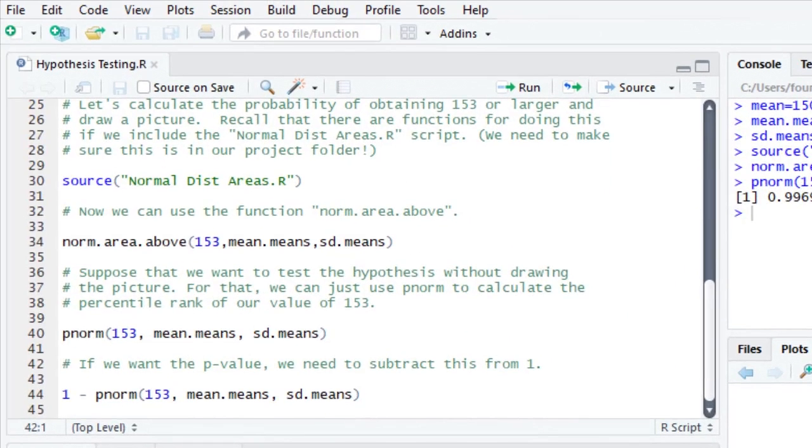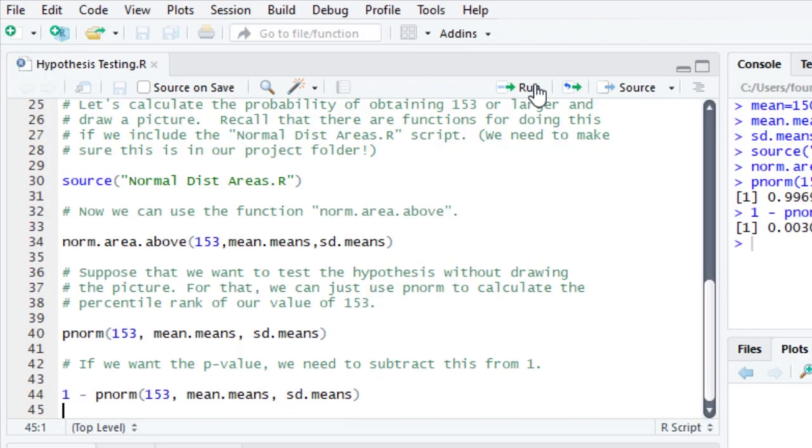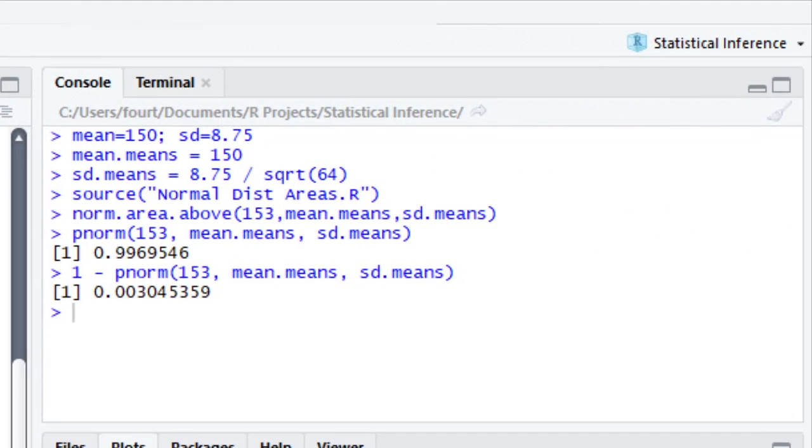To calculate the p-value, we need to get the amount of the distribution that is above 153. We can do this if we subtract from 1. So that's what I'm going to do. 1 minus pnorm of 153 using the mean of means and standard deviation of means. There's my p-value, 0.003. If I have set my type 1 error rate to be no greater than 5% or 0.05, I see